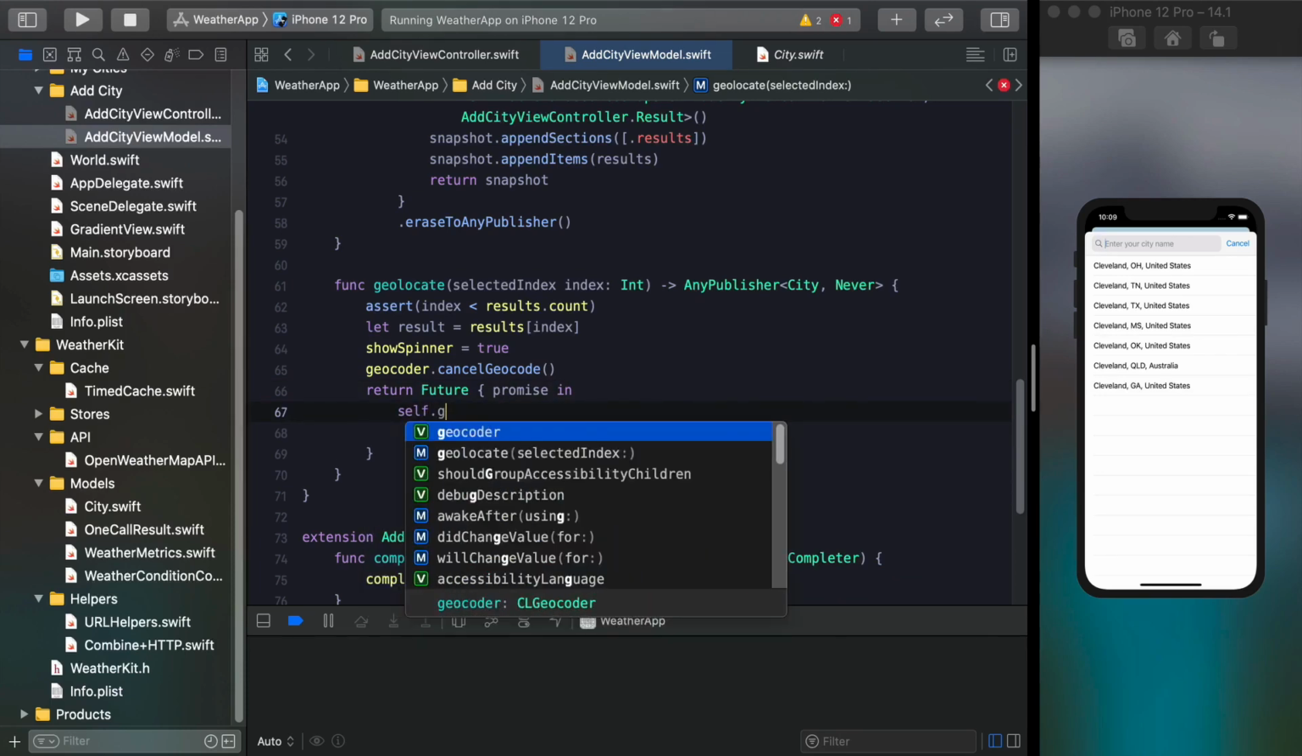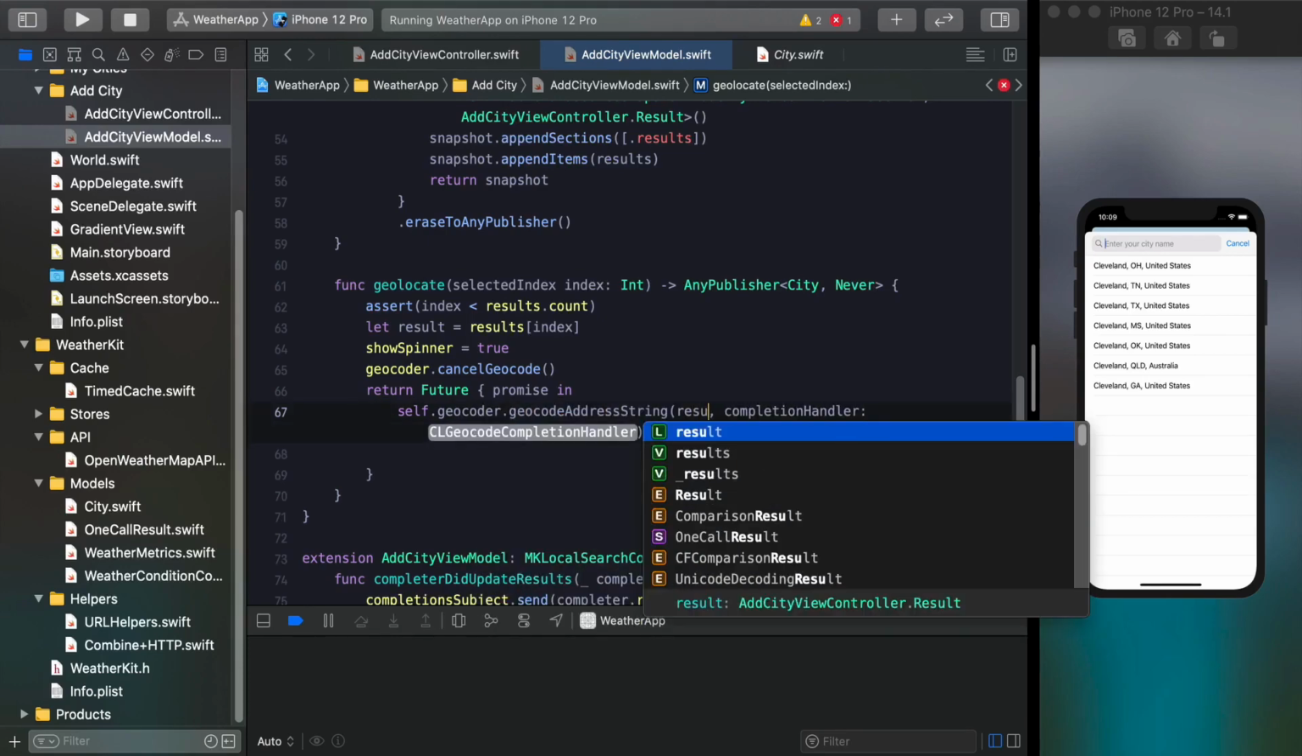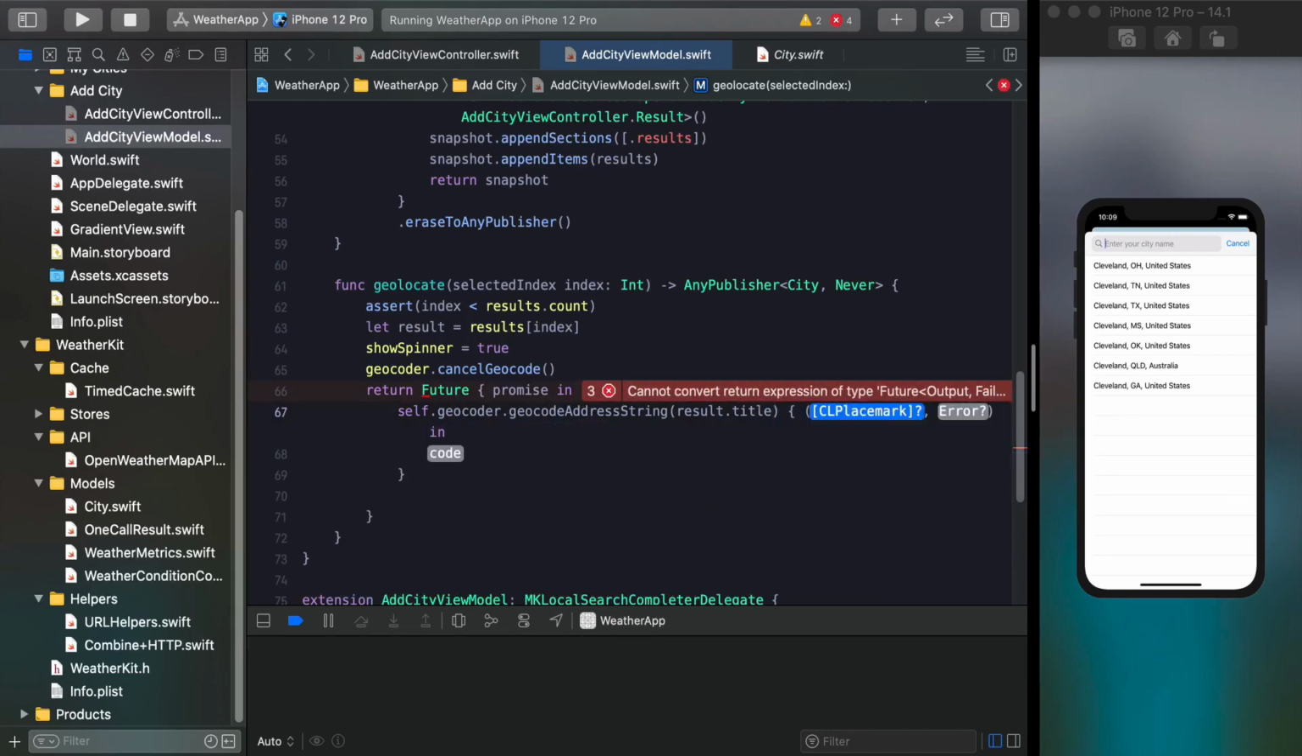And now we'll use self.geocoder.geocode address string, and we're going to pass in result.title. So that's going to be passing in one of these over here. So we will do that, and then our completion handler is going to give us an optional array of placemarks